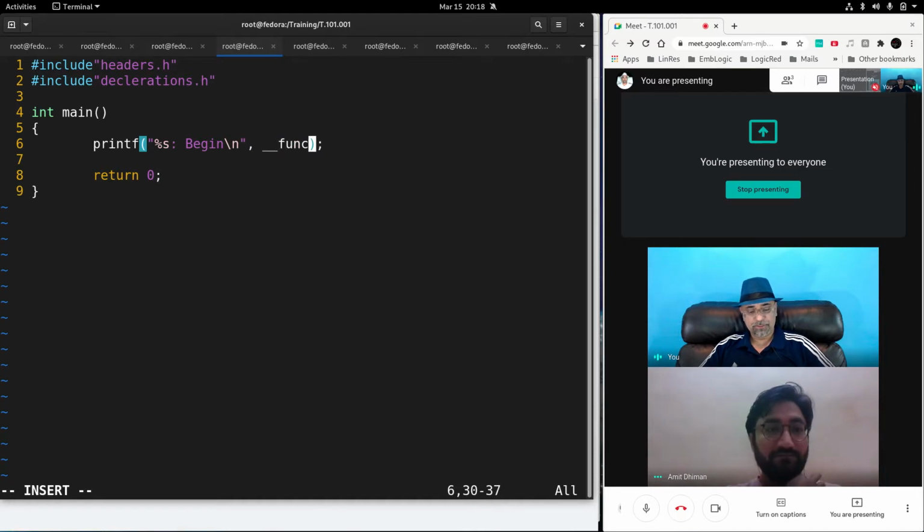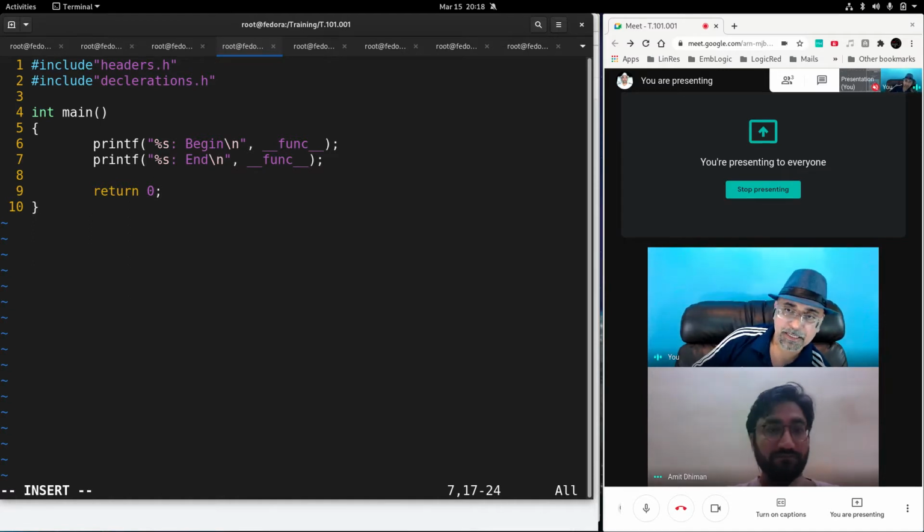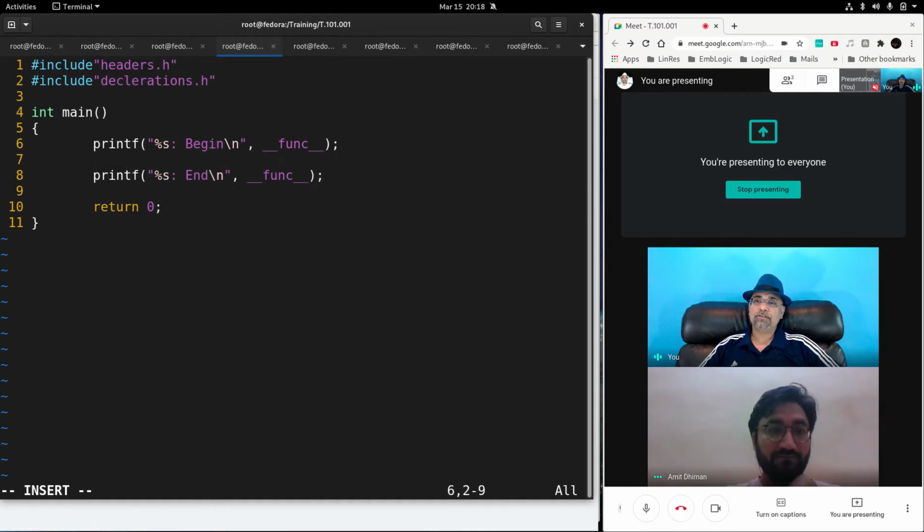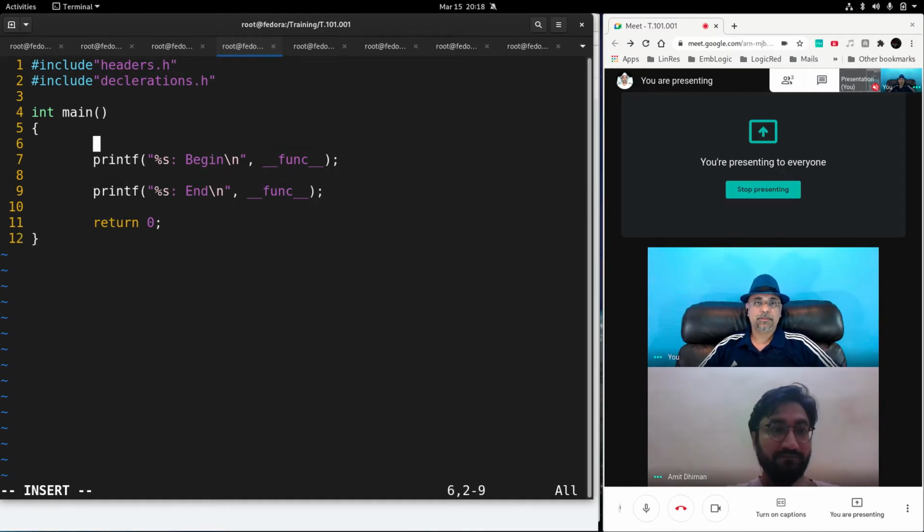Underscore underscore func underscore underscore is a macro which returns the current function name. We'll write these two statements all the time, begin statement and end statement. Inside this, now what we have to do is we have to have an array. So always remember to declare your variables and the pointers at the beginning of the function before you use your first library function. So I'm going to create an integer pointer